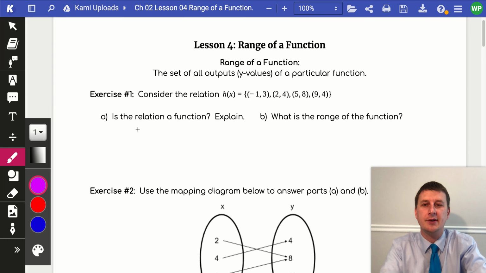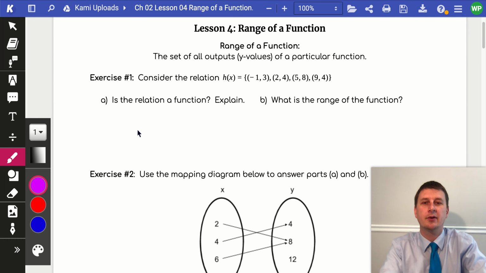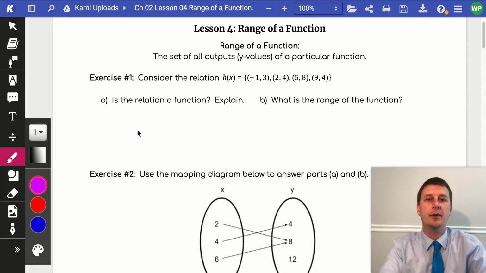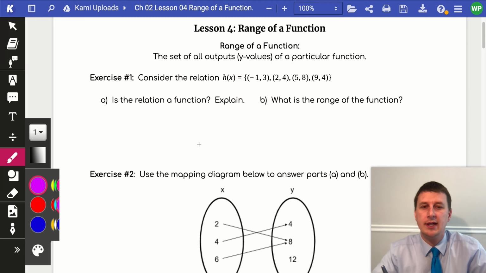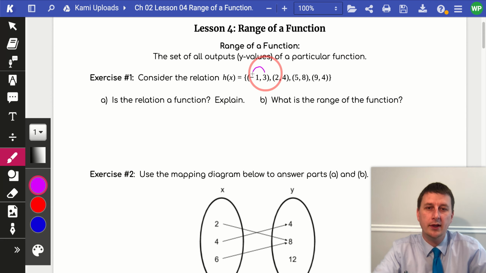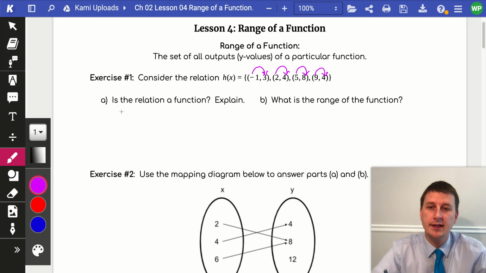So jumping right into exercise number 1, it says to consider the relation h of x equals {(-1, 3), (2, 4), (5, 8), (9, 4)}. First off, is the relation a function? So again, we're just going to use our standard test to see if -1 only has one output of 3. I don't see any other -1s as inputs leading to another output. 2 goes to 4. I don't see a 2 anywhere else. 5 goes to 8, and 9 goes to 4. All the inputs are different, and they all lead to exactly one output. So yes, h of x is a function